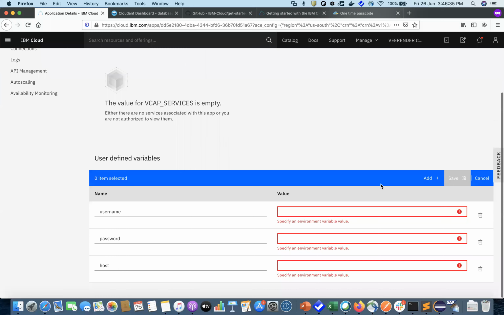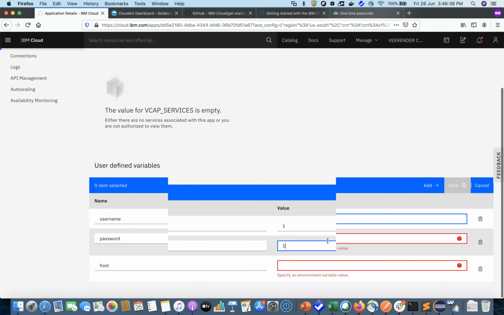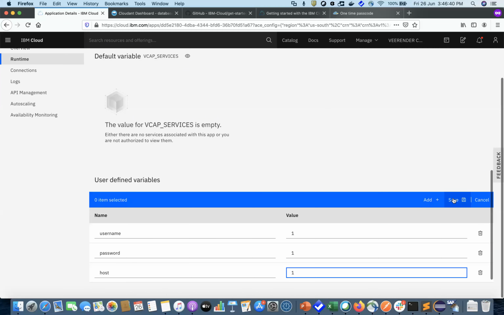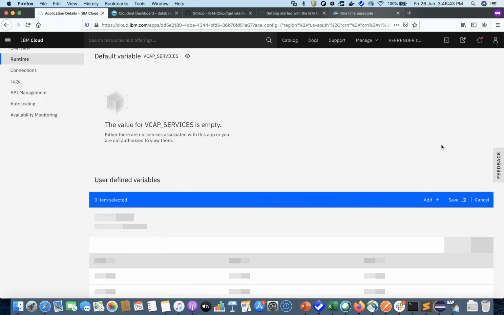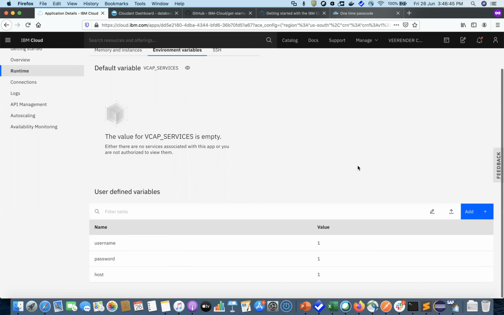Actually, I've not entered any value here. I want you guys to try this out and just let me know. I think you have my email ID. If any queries, you can post me on that. What you need to do is paste the same credential we used in that particular file. For username, update that value here. For password, update that value. Host also, update this value, and you can restart your application and share that particular URL to anyone. You can see how many of them have actually entered their name. So you can keep seeing that your records keep growing here.